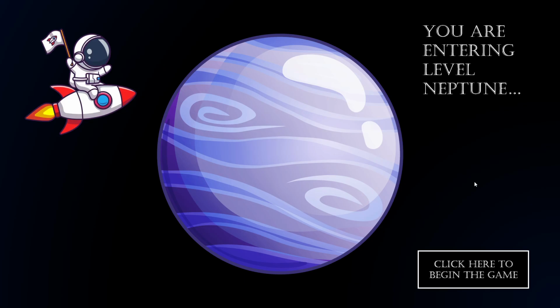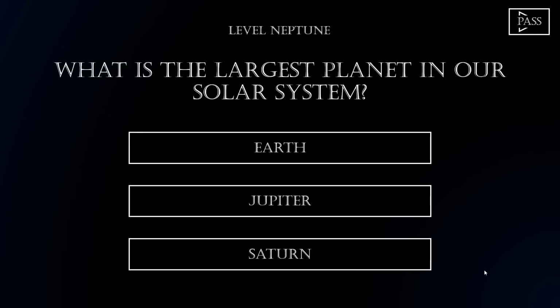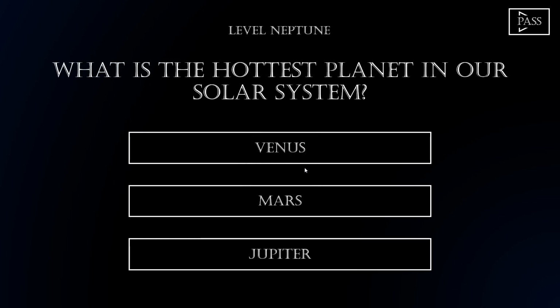Now this is the first page where it'll explain that you are entering level Neptune. Now I'm going to click here to begin the game. So this is the first question. What is the largest planet in our solar system? So let's say I click on here and I get the answer correct. There will be a pop-up that'll say, your answer is correct, good job. That's good, and I'm going to click OK. Let's say the next question, what is the hottest planet in our solar system? Let's say we get this wrong. So I click here, you'll have a pop-up and it'll say your answer is wrong, and I'm going to click